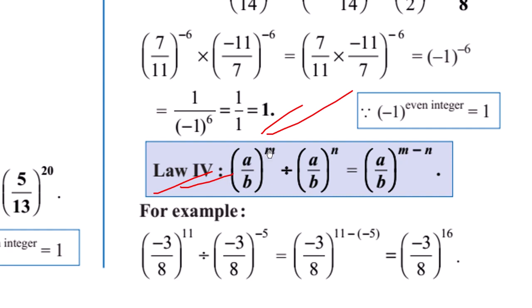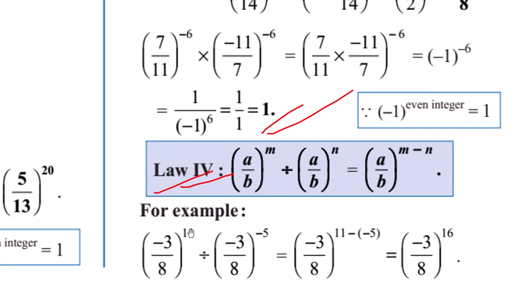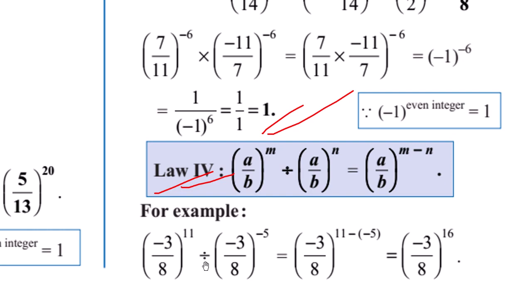So (a/b)^m divided by (a/b)^n can be written as (a/b)^(m-n). From the exponent in the numerator, we have to subtract the exponent in the denominator, that means m minus n. So for example, if you have (-3/8)^11 divided by